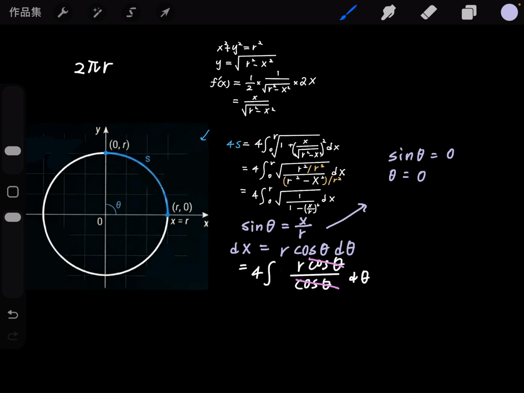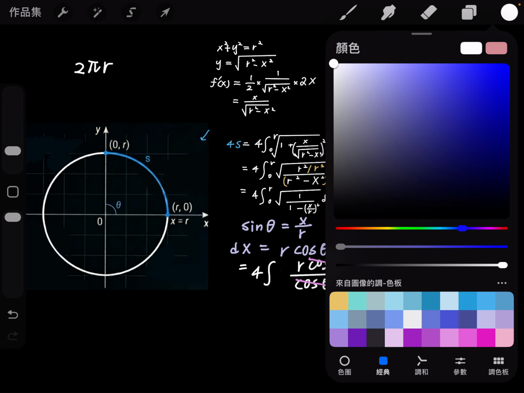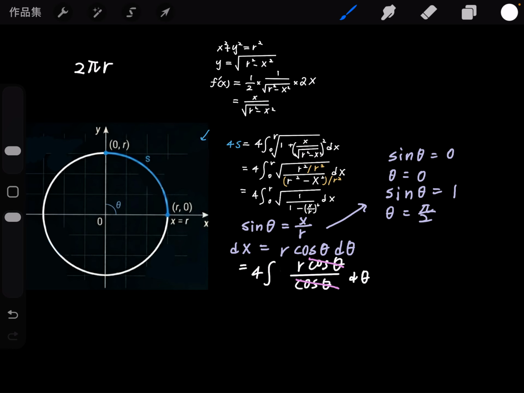When x equals r, sine theta will equal 1, so theta will be pi over 2. Okay, so here will be pi over 2, and here will be 0,